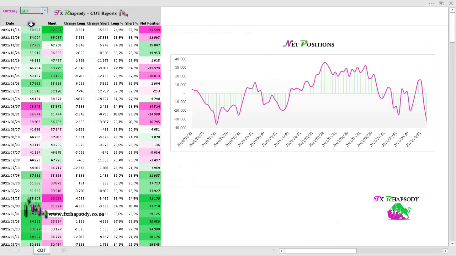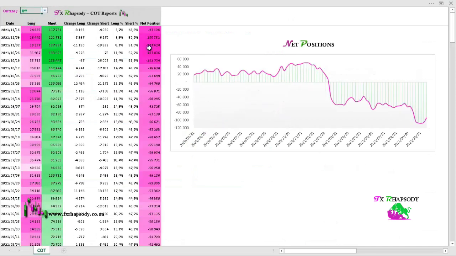Let's just have a look at the Japanese yen. Japanese yen is also starting to strengthen a little bit. So it was hovering around the negative 107,000 net positions. Slowly but surely it's making its way up to the positive. It's getting positive. So a lot more shorts being closed in the market, a lot more longs being opened